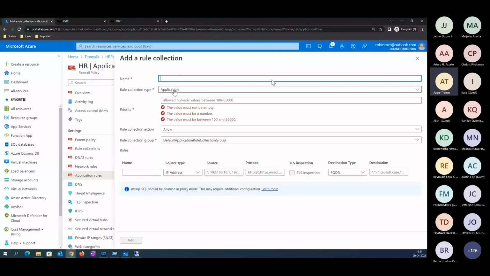For example, if you want to block facebook.com, you can put a name here. If you want to block it from a particular network, that source IP address you can give here, and here you can give the type of protocol you want to use. This is the place where you can give your condition, like blocking facebook.com or youtube.com, some kind of website. That detail you can give from here.